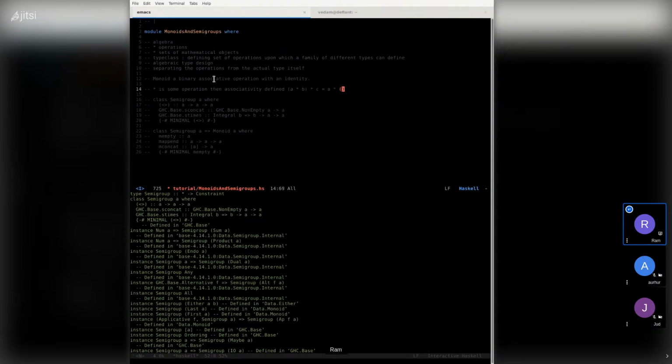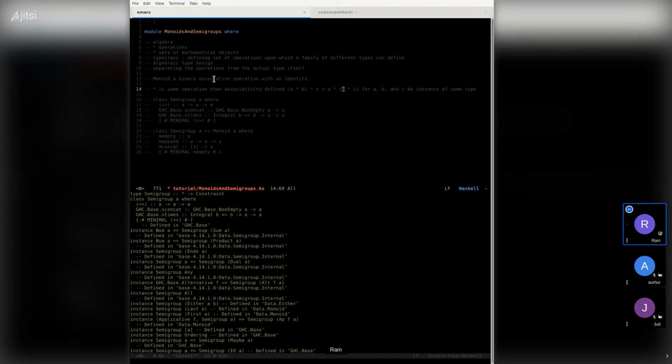You can parenthesize the A and B, in this case for A, B, and C being instances of a particular type. You can apply the operation to A and B first, and then apply the operation on C and the result of A and B, and it'll be the same as if you applied the function star on A and the result of applying the function to B and C. It will be the same thing.